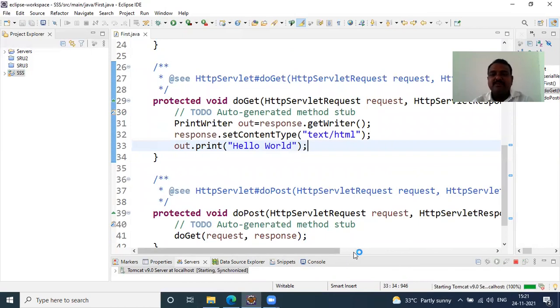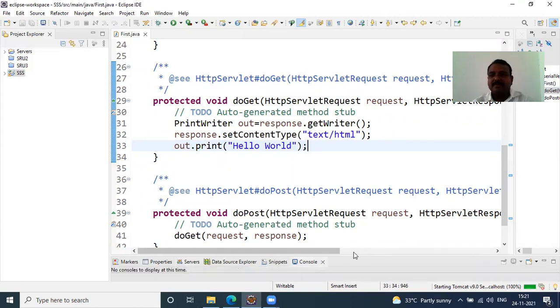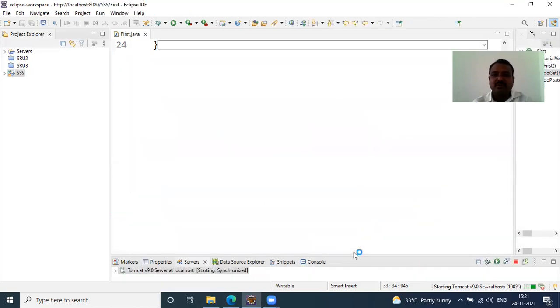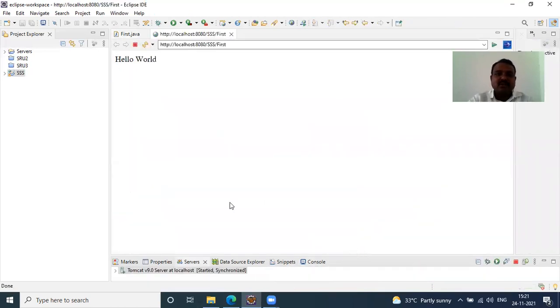Now your Tomcat has been activated. Now your Tomcat is going to execute your server. Now we'll see what will be the output of your program here. So it will take some time to execute, but it will execute. Because it is the first time, it will take some time to execute your servlet code on your Tomcat window. Yeah, now you can see the output, right? Now you can see the output called hello world.